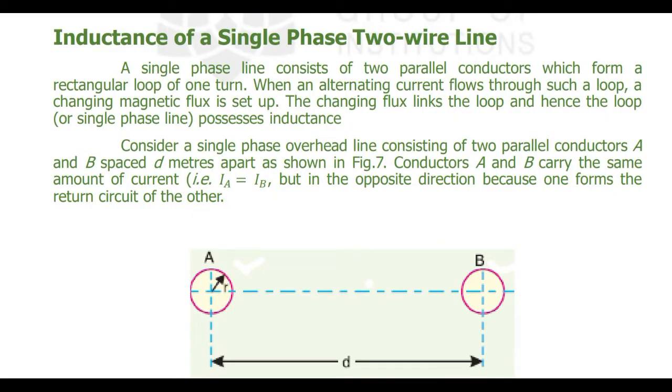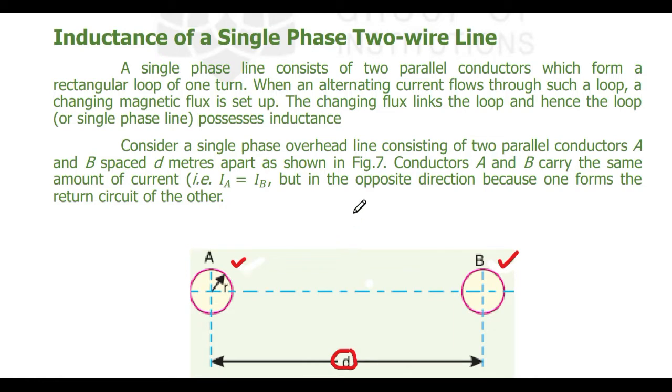Today we are going to discuss the inductance of a single phase two wire line. In single phase we have two conductors, one is phase and the other is neutral. Here we are considering a conductor A and a conductor B. Both have the same radius R and are separated by a distance D, and they carry equal current